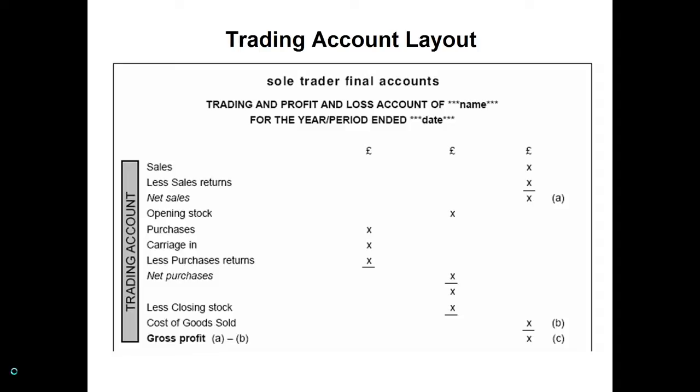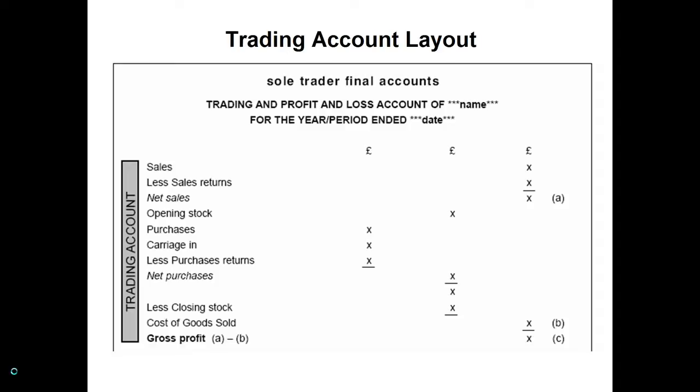unlikely that a business would actually sell all the stock they had originally and what they bought during the year. In terms of general selling, we're always left with at least some stock left over. If you're doing business studies, it can be quite dangerous to sell all your stock, to run out of stock and obviously disappoint loyal customers if they were to place a further larger order. So less closing stock is also a deduction, and that's coming away from the subtotal that is in